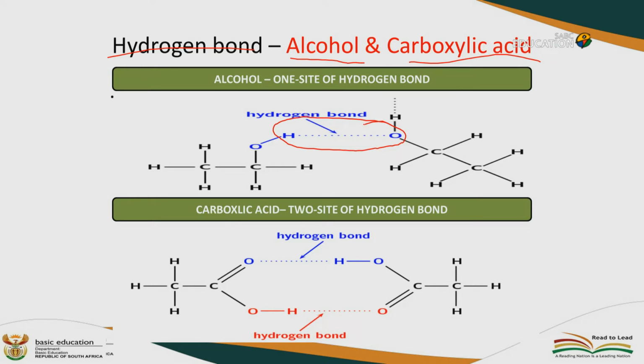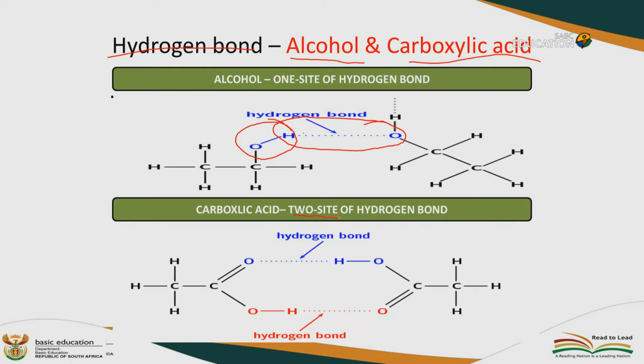If we look at the structure of alcohol given here, which is a 2-carbon compound with an OH, because that's the functional group of alcohol, the hydrogen of one alcohol will be bonded to the oxygen of another alcohol. So that forms what we refer to as a hydrogen bond. As indicated there, you will see that it's only one hydrogen bond that we find in alcohol. But when we move to carboxylic acid, we now have two sides of